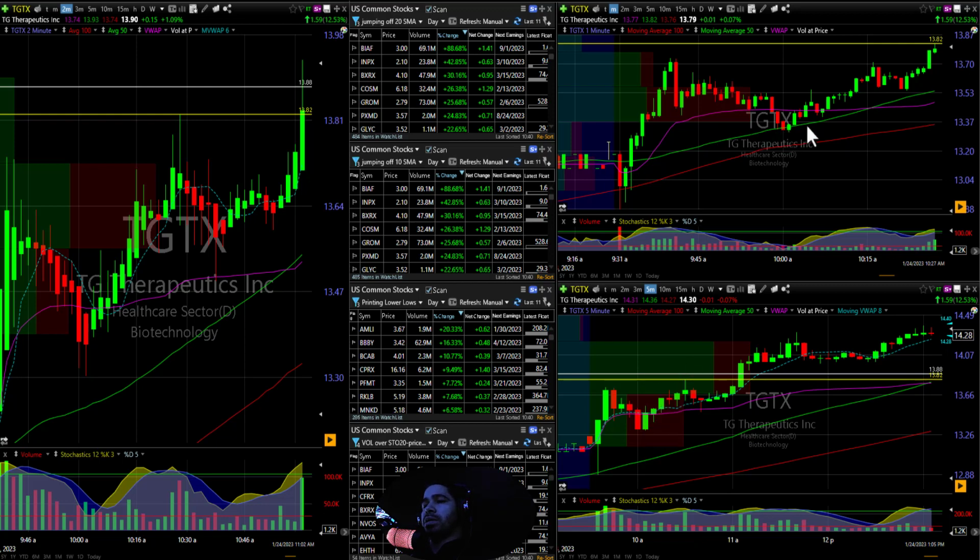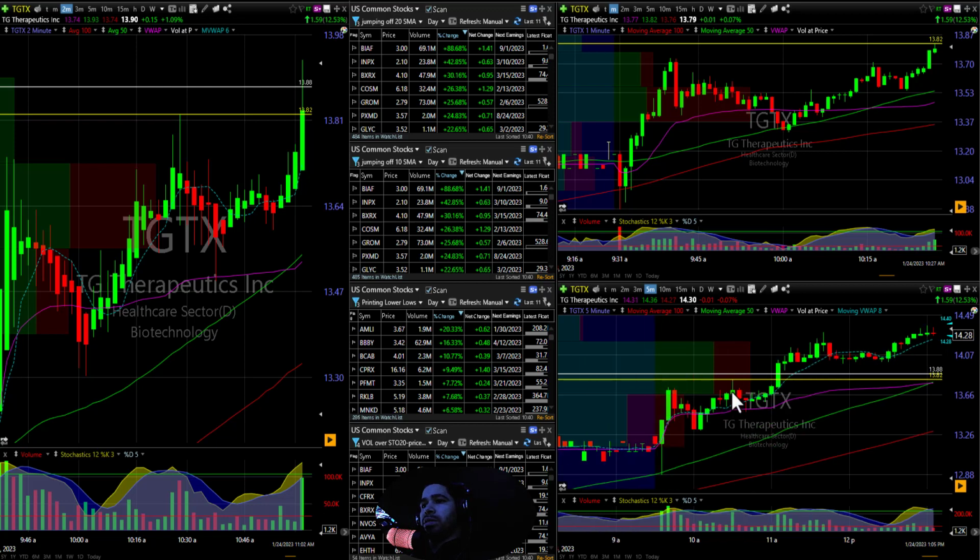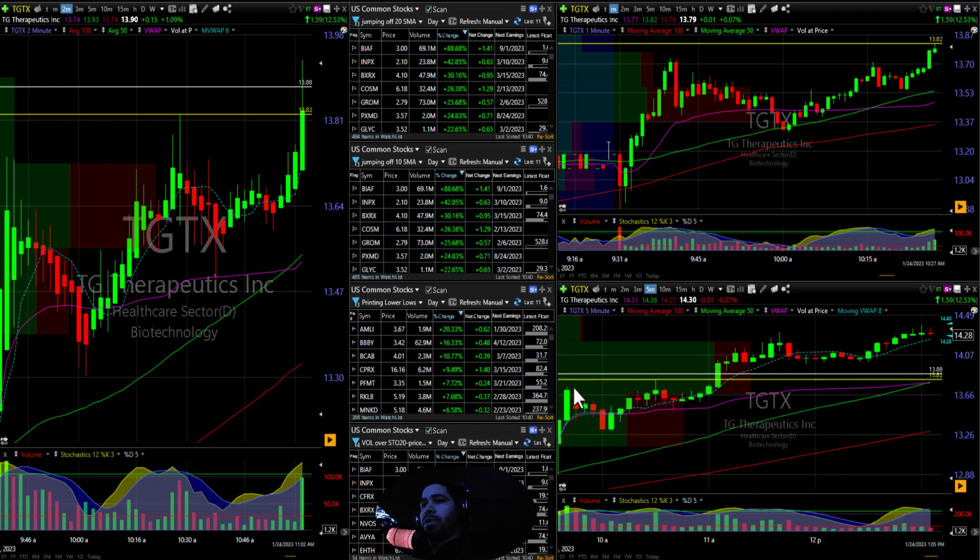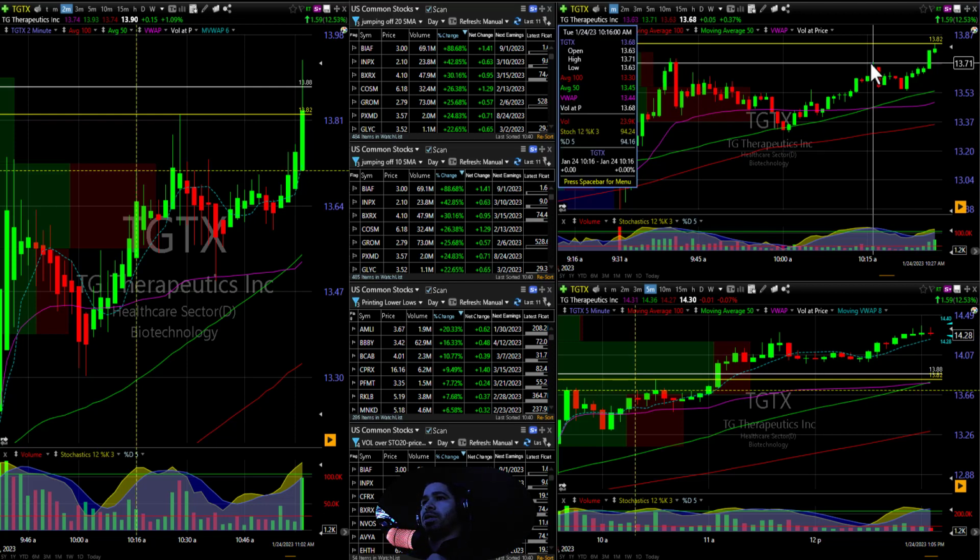When you printed these areas around this 50 simple moving average on the 1 minute time frame, so he held, came right back to retest these areas, take the prior highs, and then follow through to retest. So we had a pretty clean bull flag pattern formation on the 5 and the 1, and then we push towards the high again here, very close to this area,